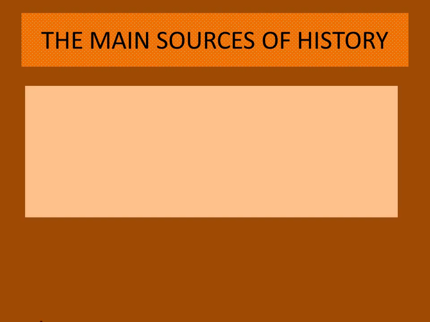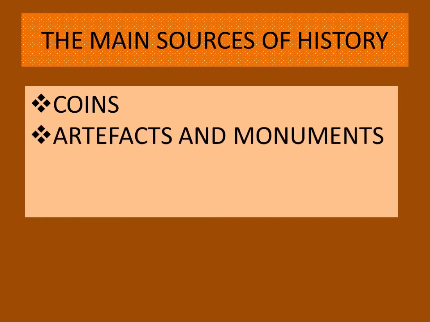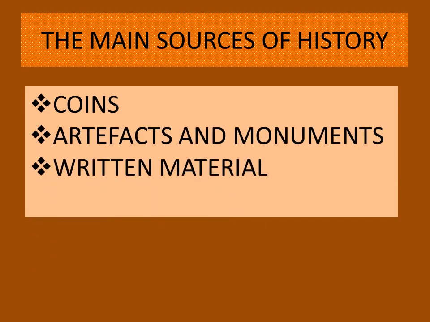Now, let us move to the next page, page number 17. Here, can you see one chart is given on the top of the page? Yes, the main sources of history. We will now discuss the main sources from which we can get the information or the clues or the hints. What is the first one given? The first source of history is coins. We have just seen the picture of coins. Then artifacts and monuments. We will discuss this one also. Then written material, handwritten materials of old days. And last, the fourth one is oral sources. So these are the four main sources of history.